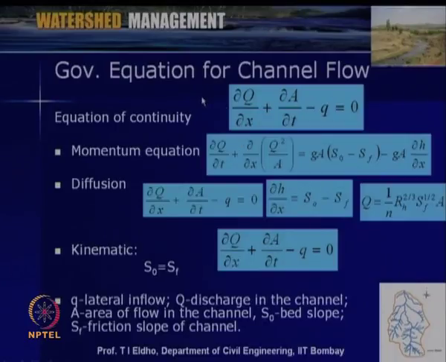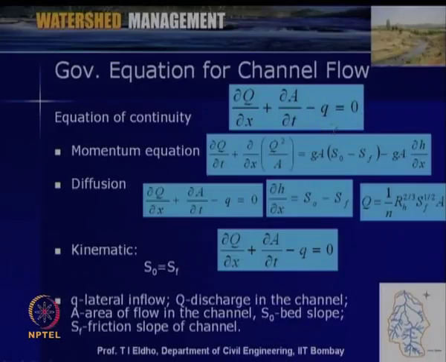So, here again, say for example, if we consider the Saint-Venant equations in one dimension. Most of the time, one-dimensional channel flow modeling is sufficient. The equation of continuity is given by this equation: del q by del x plus del a by del t minus small q is equal to 0. Here q is the discharge at any location of the watershed, t is the time, a is the cross-sectional flow area,